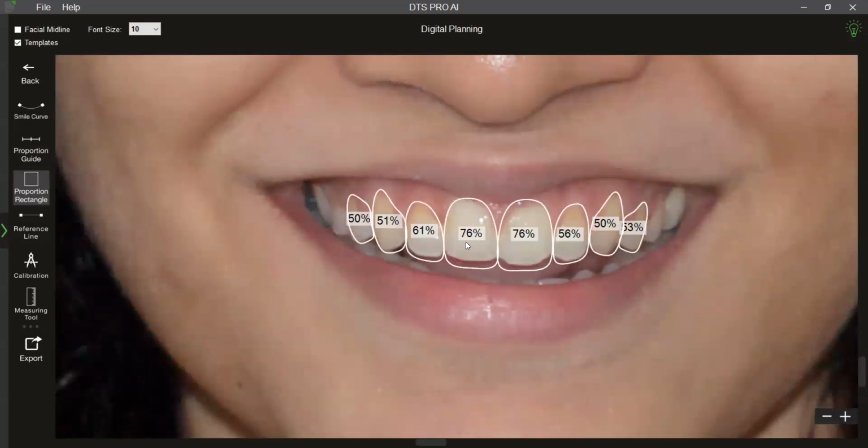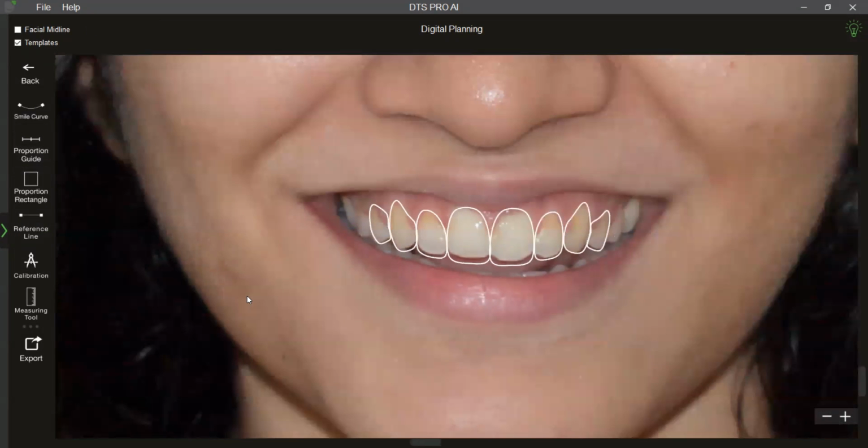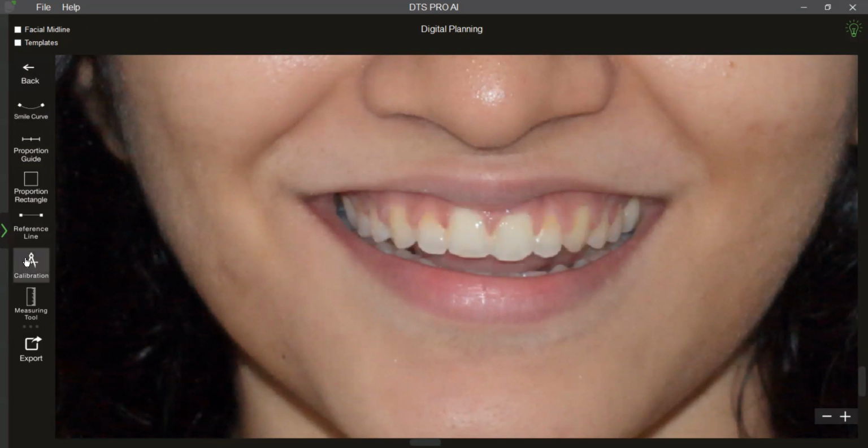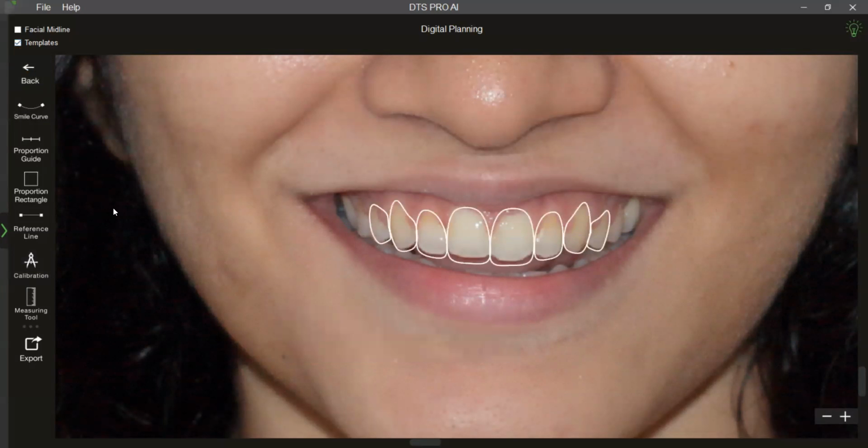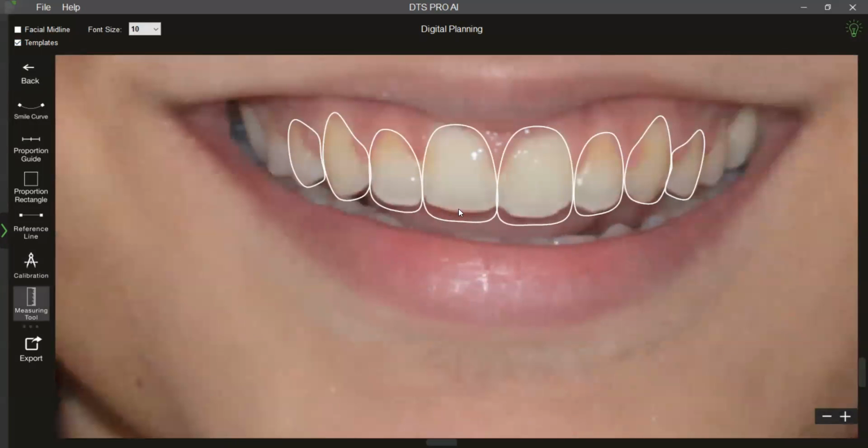We can definitely check the height width ratio of teeth. And just as a last point, if you want to communicate the measurements to the lab, you can calibrate the software. Whenever I'm calibrating the software, I will just enter a distance between two fixed points. That should be measured either inside the patient's mouth, or on the patient's model. Say, for example, that is 20 millimeters. My software is calibrated, and now you can actually measure, and then this goes to the lab.